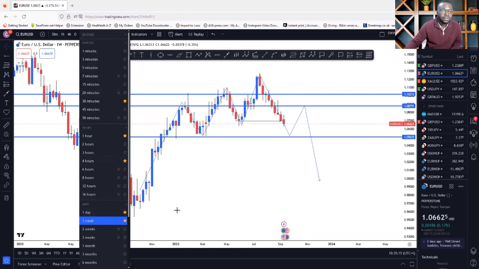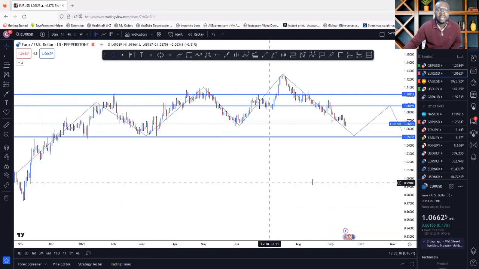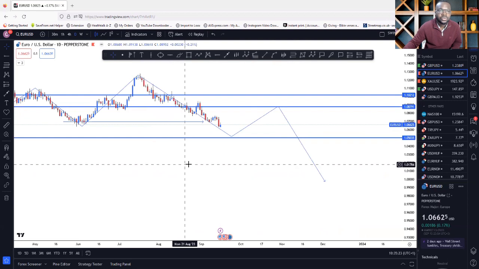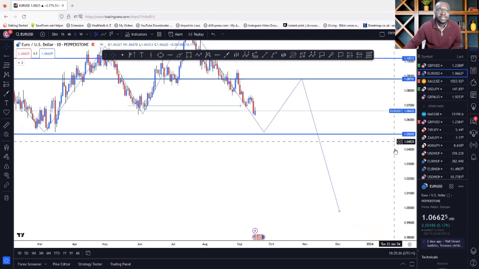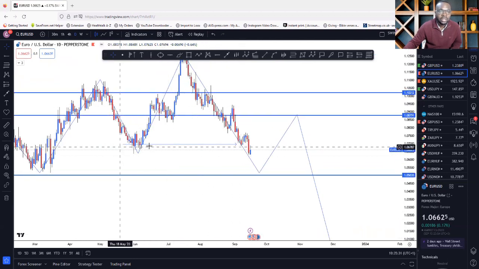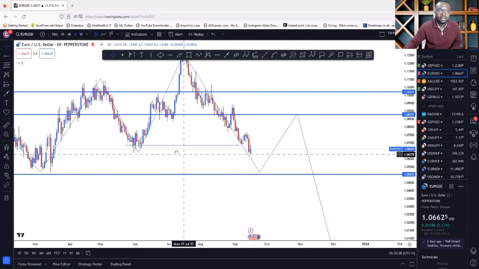Let me see what the daily is showing us. Beautiful. Okay, the daily has been choppy, very choppy, not too nice on the chart. But nevertheless, it's still dropping. So we see price drop. We can see on the daily a break of structure. You see where the candle took out liquidity right there, strong. It took out that liquidity right there on the daily.